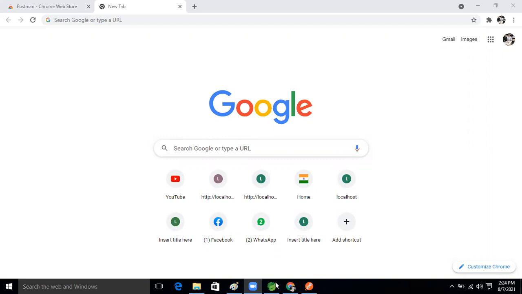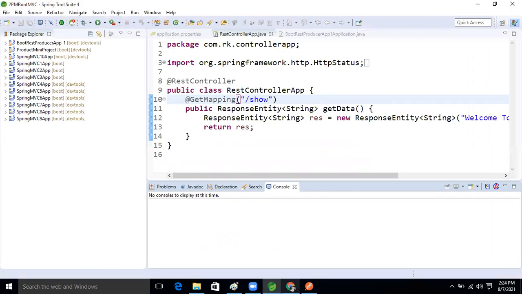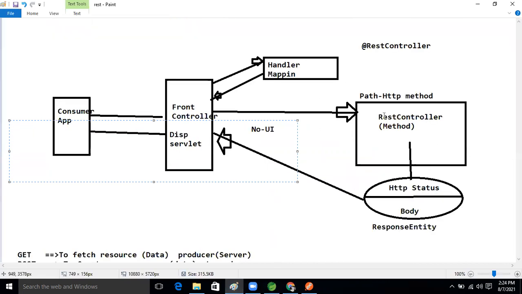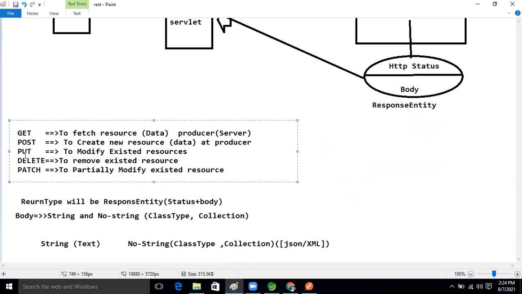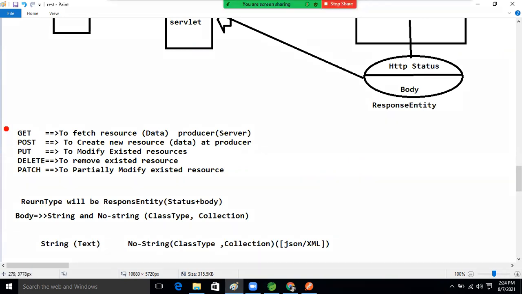So in our endpoint, which is nothing but our RESTful services, if we use these different methodologies, is there any possibility to make the request using the browser, except get type? Except get type, if we take the different methodologies, is any possibility there to make the request now, guys? No, only get.